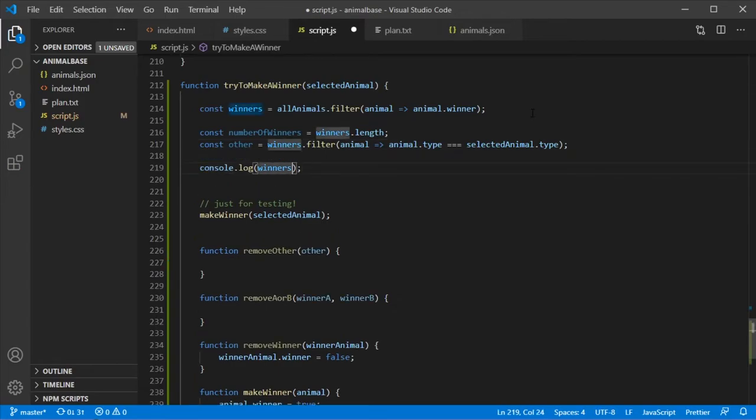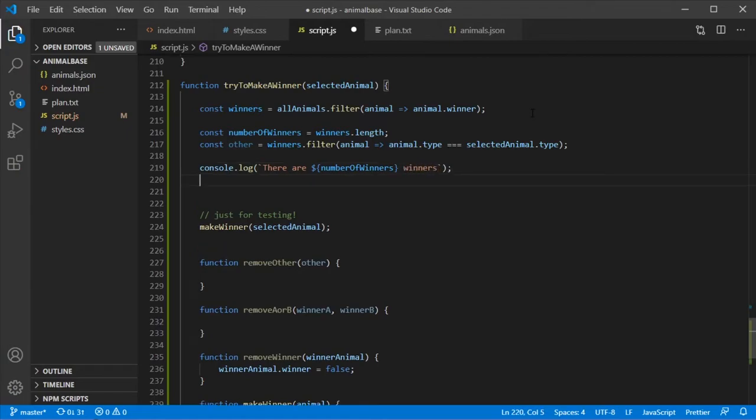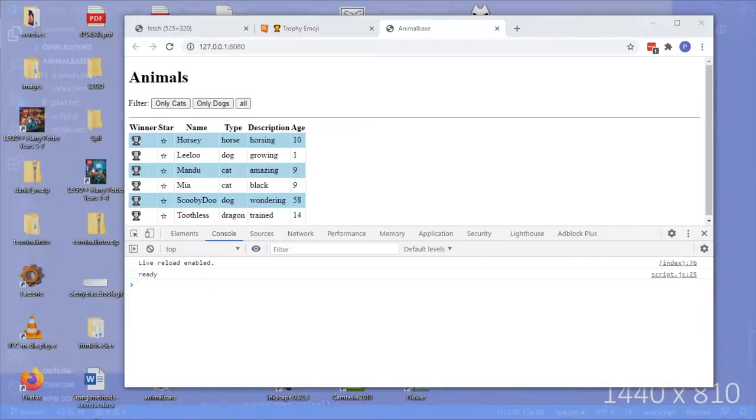And then let's change this to there are, number of winners, that would be there are 0, 1 or 2 winners, and then console log the other winner of this type is, and then we take the other,